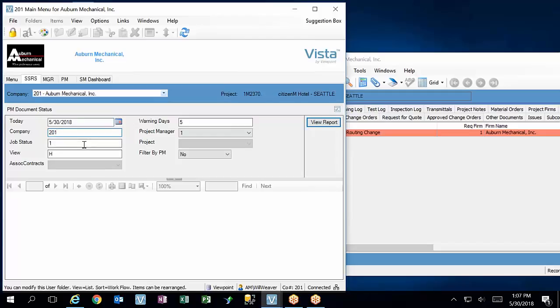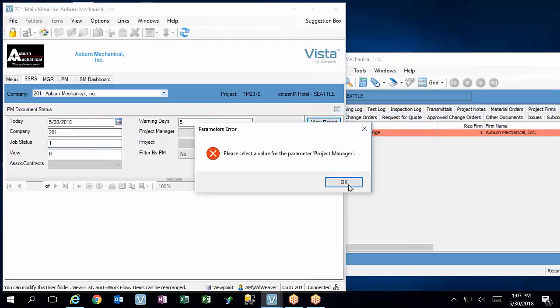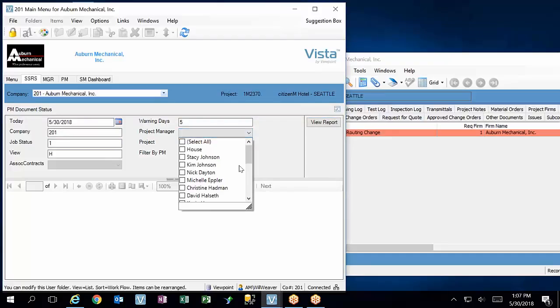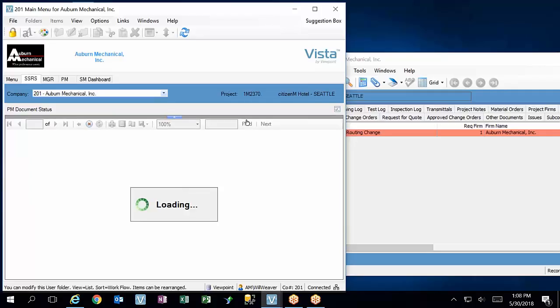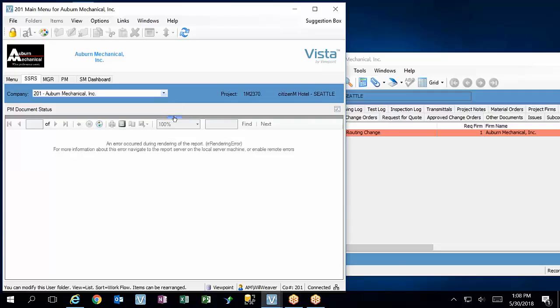Default these parameters. Job status, I'm not sure what that is. That should be open, I hope. Oh, so project manager would be Isaac. Or you could do all. That goes. What's it doing? I think it's thinking. Some of these are just slow. Maybe you should have just picked the one that